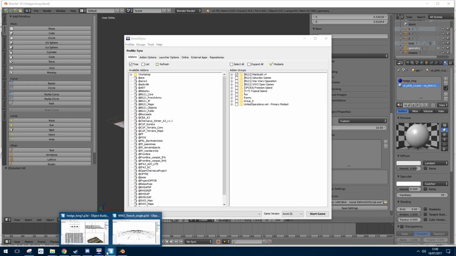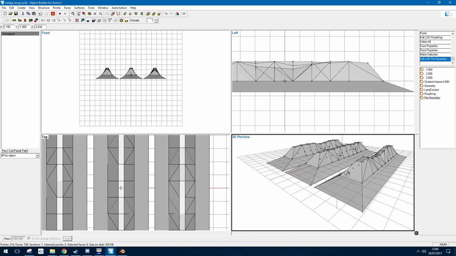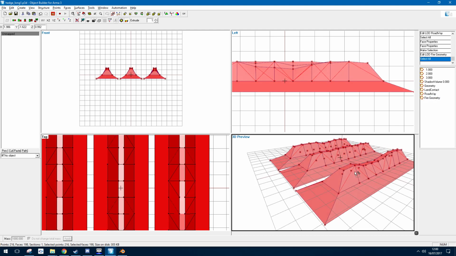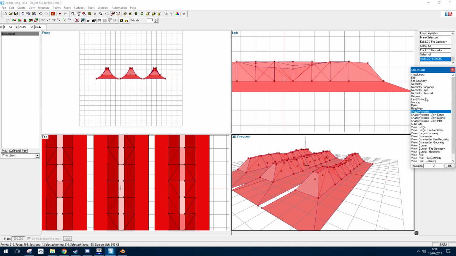Yeah, so let's say that the FireGeometry is where bullets are going to hit, and not grenades. Grenades are bouncing on the Geometry LOD. That's why I wanted a sharp Geometry LOD. So my FireGeometry, I'm duplicating it into ViewGeometry,